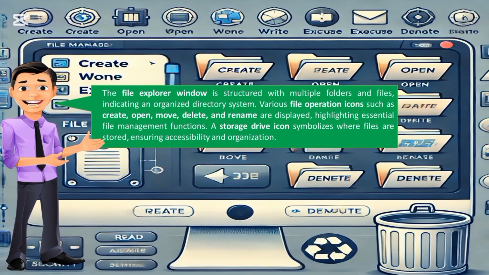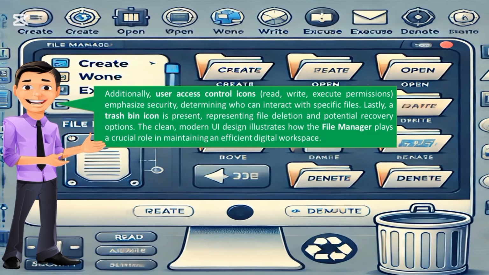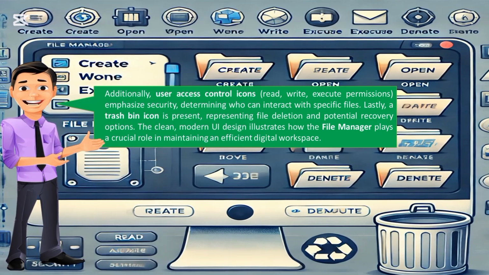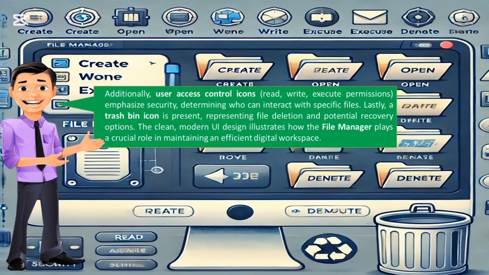A storage drive icon symbolizes where files are stored, ensuring accessibility and organization. Additionally, user access control icons read, write, execute permissions emphasize security, determining who can interact with specific files. Lastly, a trash bin icon is present, representing file deletion and potential recovery options. The clean, modern design illustrates how the file manager plays